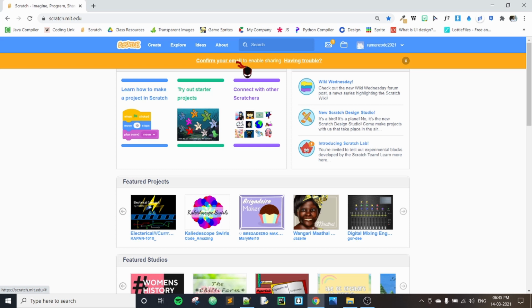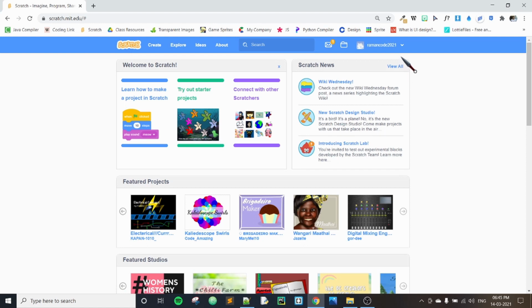A link will be sent to your email where you have to click on it and confirm your email. This is not compulsory, but if you wish to share your project with others, you have to confirm your email. So that's the basic thing that you need to do. As of now, I'm not going to do that. I'll simply close this.